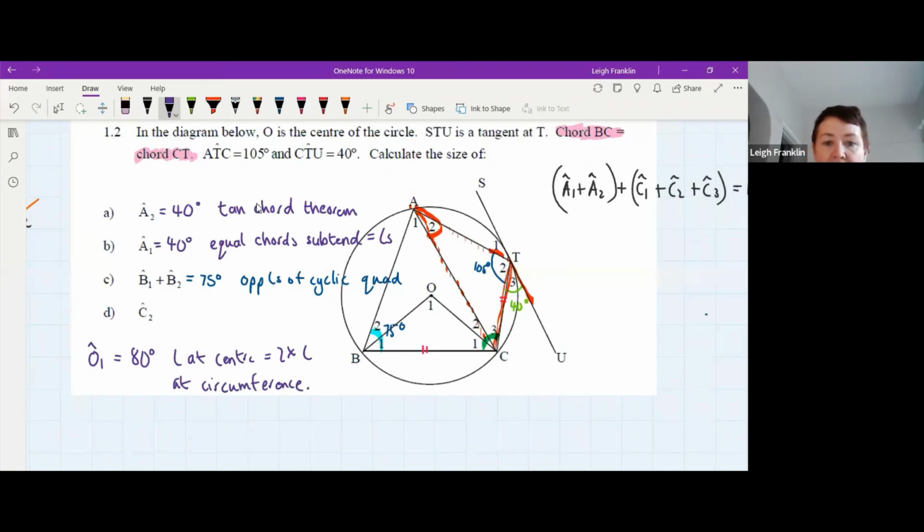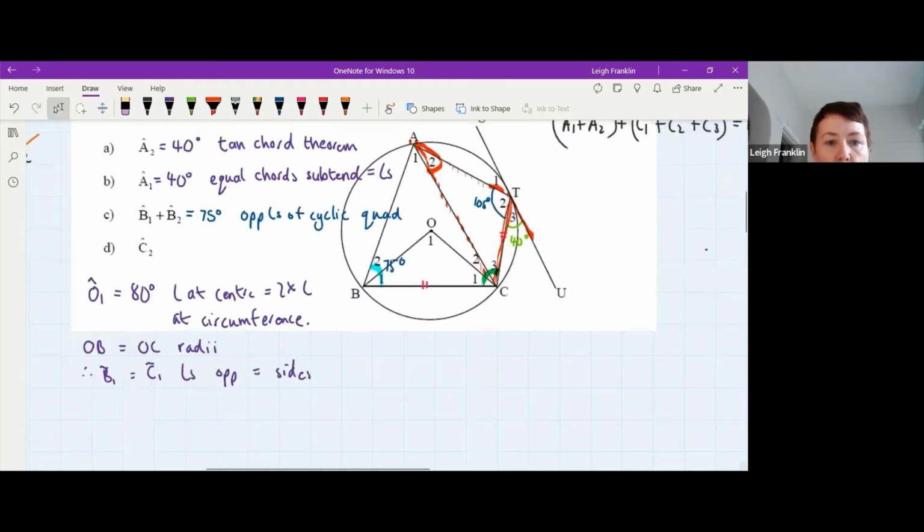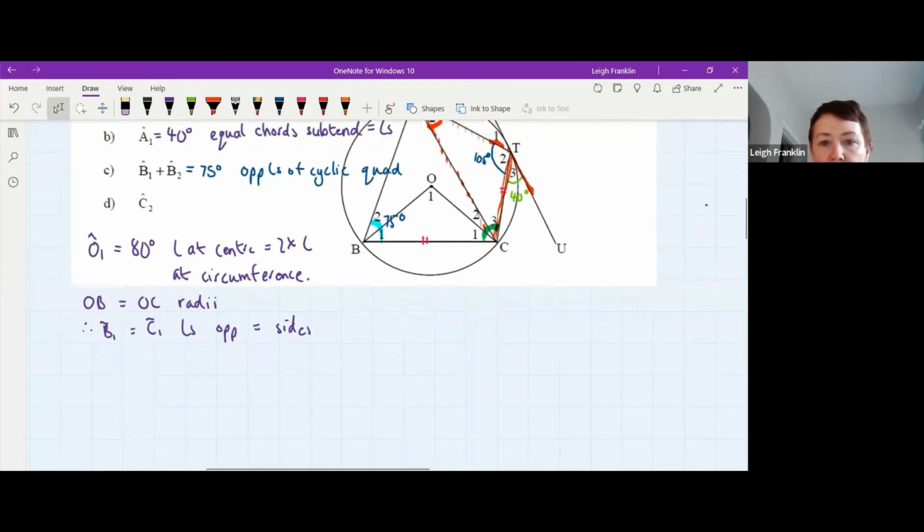All right, then this is, I just caught the tail end of this. This was perfect. And line OB is equal to line OC because they are radii. Therefore, B1 equals C1 because they are angles opposite equal sides. So what I could do here